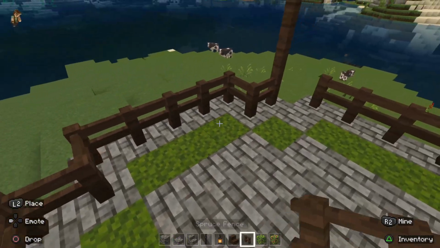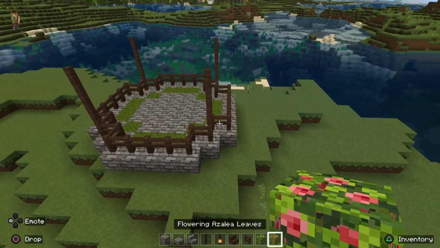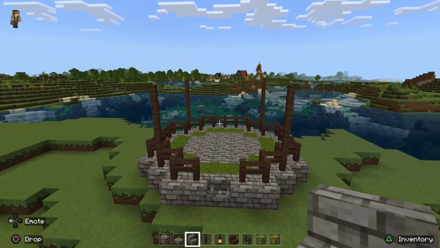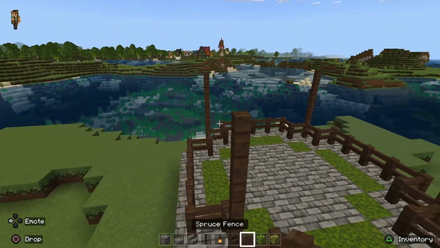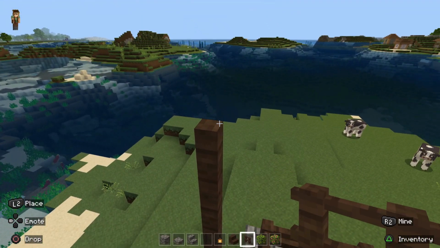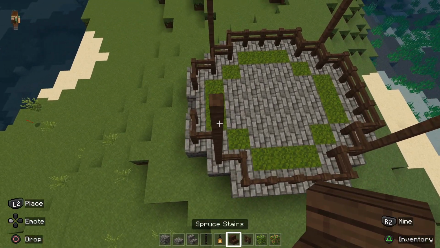Alright. And where our entrance is going to be, I'm going to go ahead and put that right here. That'll be a nice entrance. Now that we have these stairs,